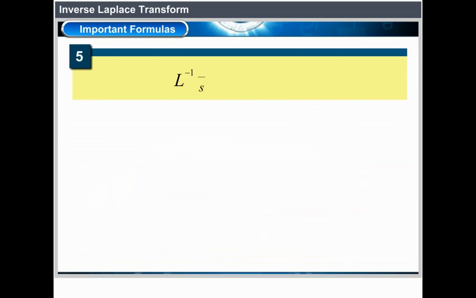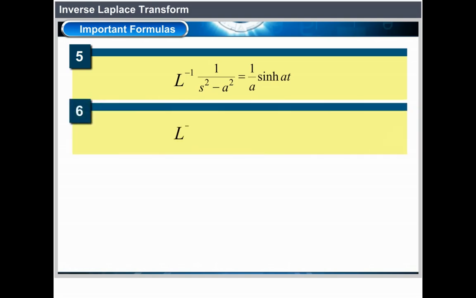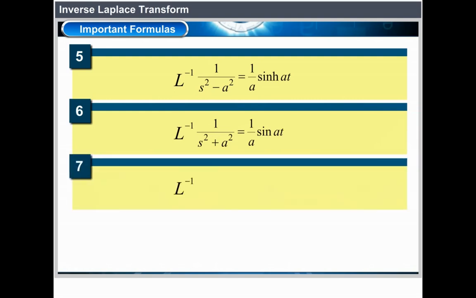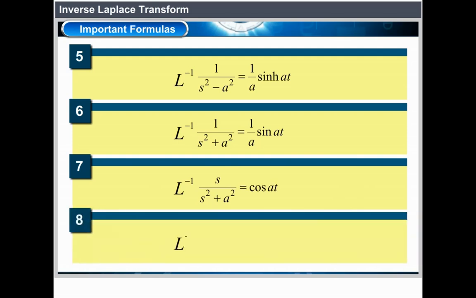Number 5. L inverse of 1 by s square minus a square equals 1 by a into sinh at. L inverse of 1 by s square plus a square equals 1 by a into sin at. Number 7. L inverse of s divided by s square plus a square equals cos at. Number 8. L inverse of F of s minus a equals e power at